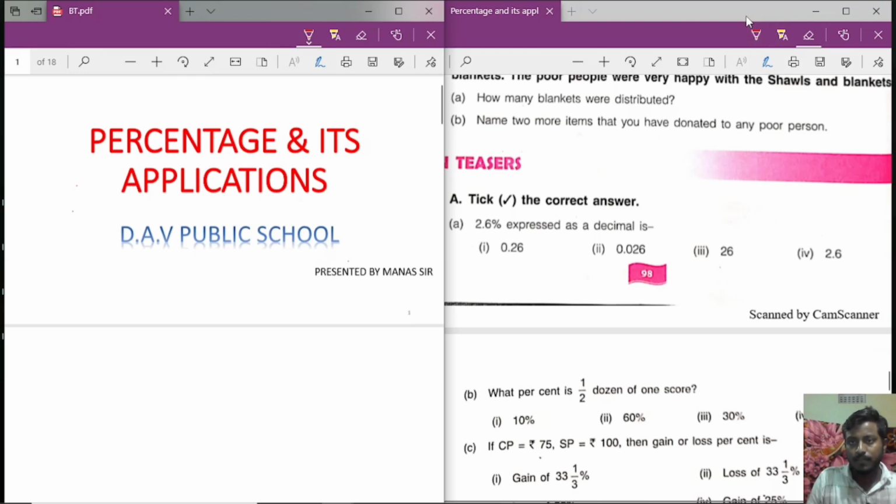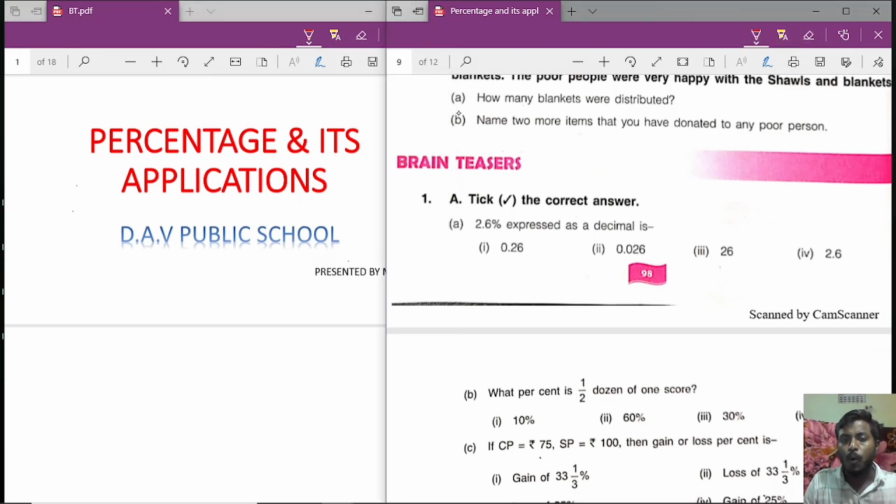First question, 2.6 percentage expressed as decimal is dash. We know that percentage means divided by 100. So 2.6 divided by 100, because of the percentage sign. If a decimal number is divided by 100 or 10, only the decimal position will be changed, yes or no? Then that's why we write